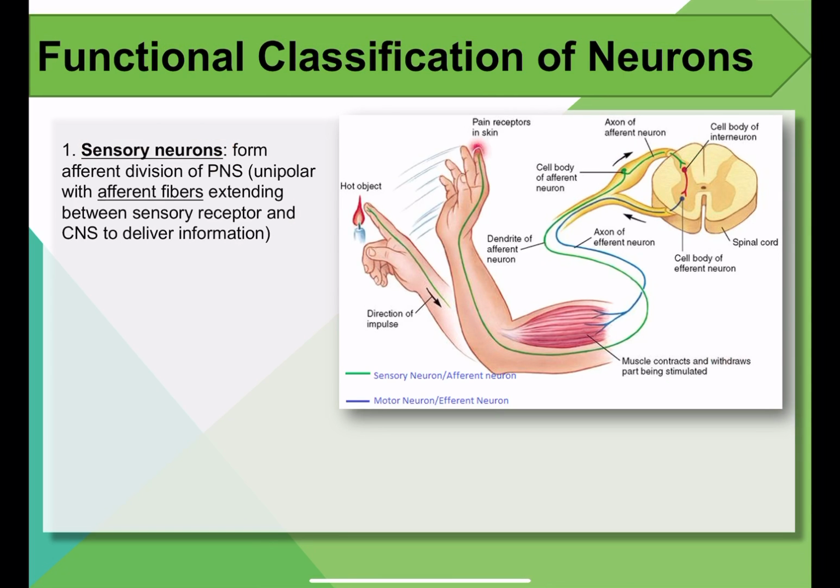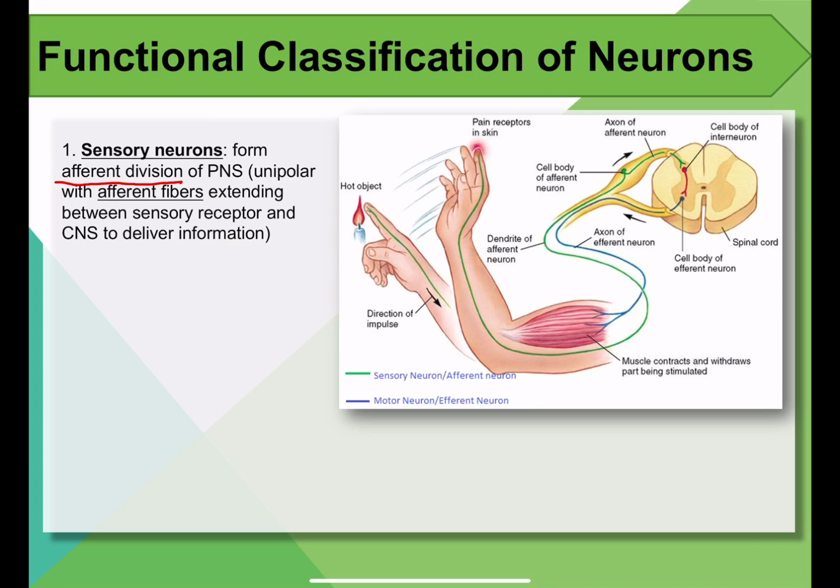Okay. And the functional classification of neurons is also very simple. It's just sensory, motor, and interneurons. Sensory neurons are those that form the afferent division of the peripheral nervous system. Now remember, afferent means arrival of signal towards your brain, which means these are sensory information coming in from your